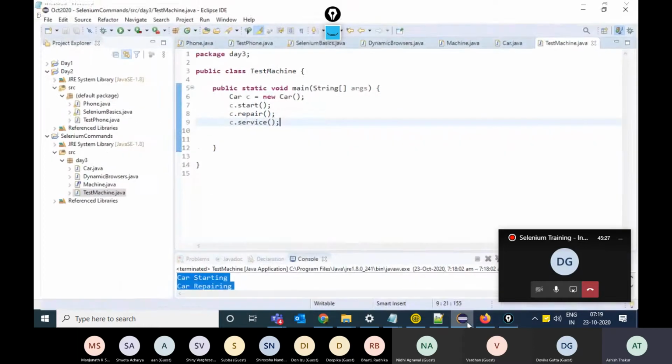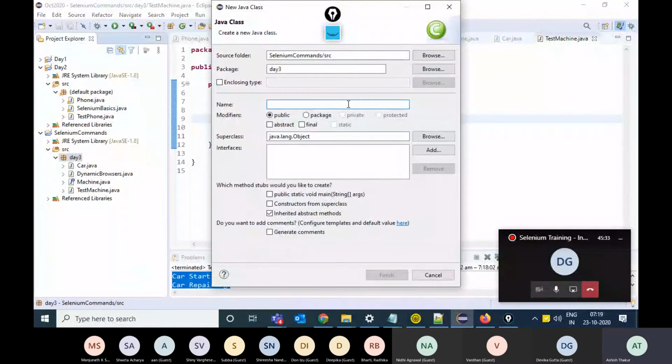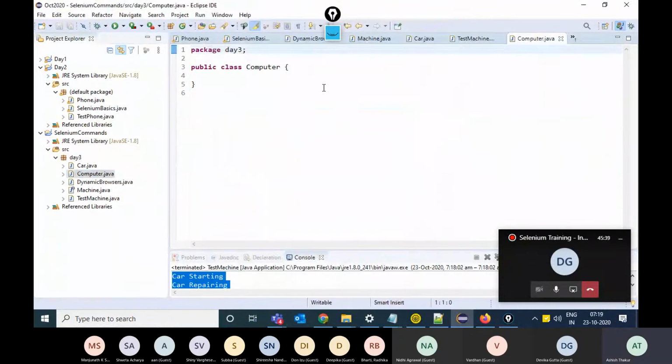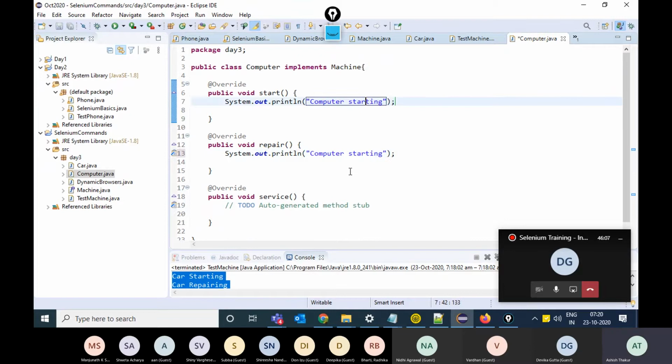Okay. Now suppose I make another class known as, say, computer. So computer is also a machine. It will implement the machine interface. Okay, so you can write over here: computer starting, computer repair.